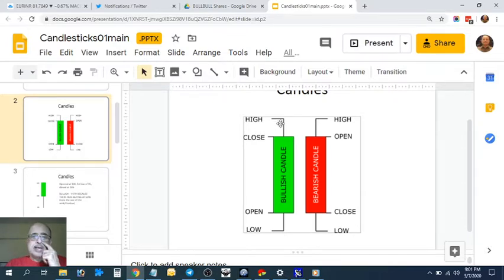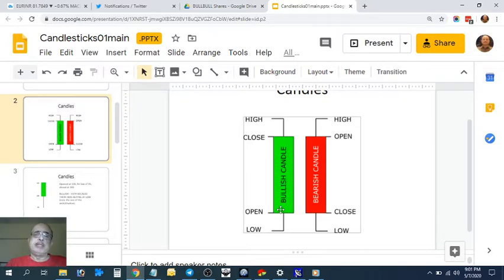You would have seen these candles now. You would have seen green candles with all these lines sticking above it, below it. You know, so the top of the line is always the high, whether it's a red candle or a green candle, right? It's always the high, and the bottom of this line over here is always the low. Whether there's a line or not, it doesn't matter. But this represents the low, and the topmost point represents the high.